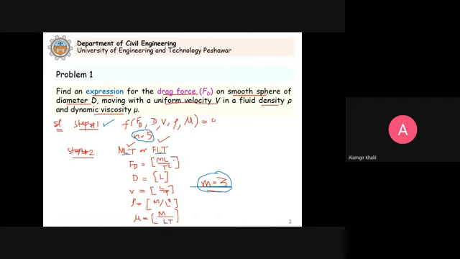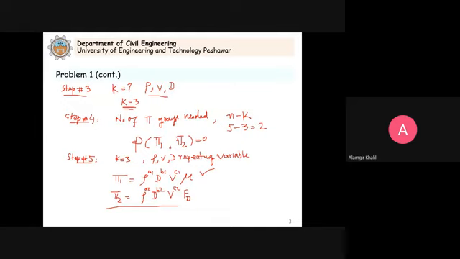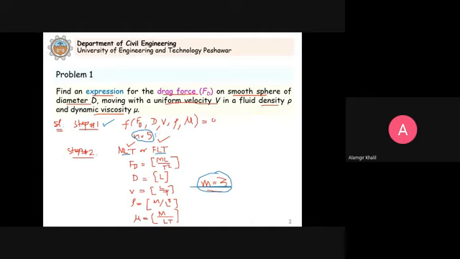Now step number 3 is that we calculate the reduction factor K, the reduction number K. Actually, in the Buckingham-Pi theorem, it says that these are the number of parameters involved in the specific problem, and these are the number of fundamental dimensions present. So the Buckingham-Pi theorem says that we can reduce these variables or parameters into how many dimensionless groups, which we